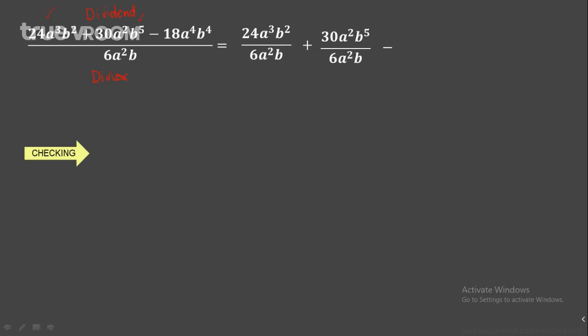Again, 6a squared b. All right, so that is your third term. Now answer the first term. What is the answer for this 24a